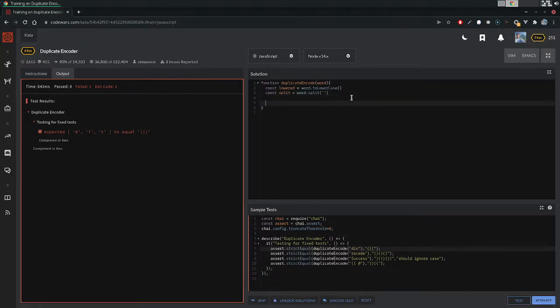Now we want to say, okay, split dot each. Is it each or forEach? I think it's forEach. For each item, let's do, okay, so for each item, we want to run a regular expression. So let's do, no, lowered dot